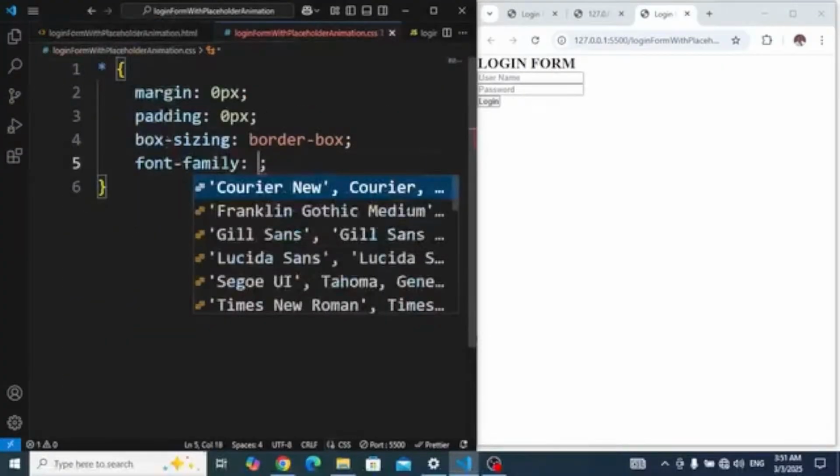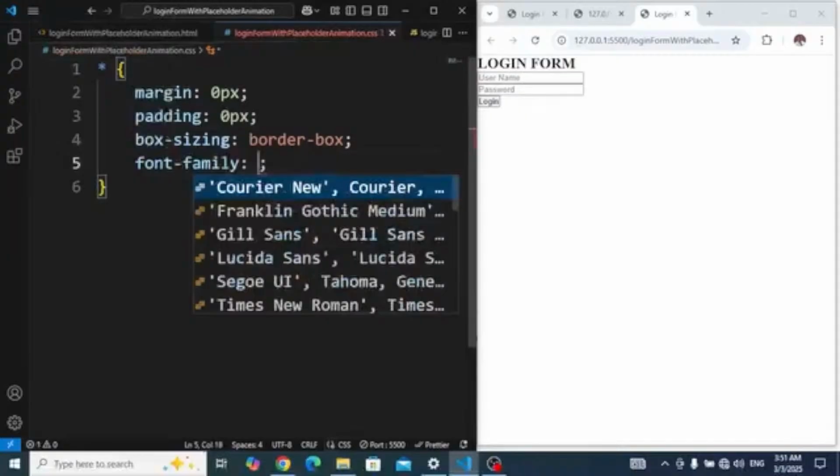Lucida. Now after this has been done, I'm going to go to my HTML to grab the class name overall wrapper, and style it. So I will paste what I have copied. Then I will come to the password. I will give it a width of 100 and then a height of